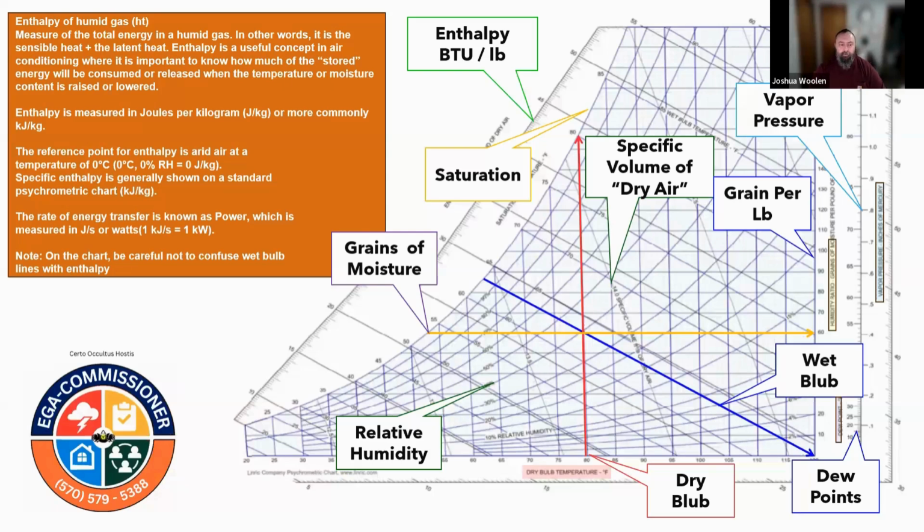Now, here's a version of the psychometric chart. What I've done here is create an understanding of how enthalpy and all of these other factors work to help us, right? The real question is how can vapor pressure be effectively managed in different climates and structures? We talked about this before. You can't, there's no way. It doesn't happen.